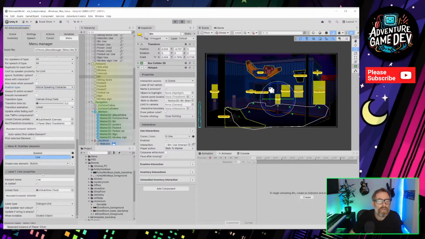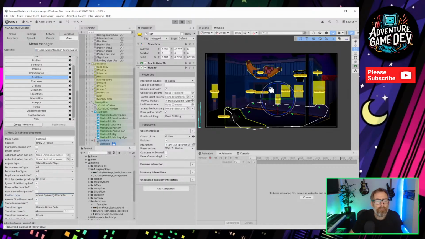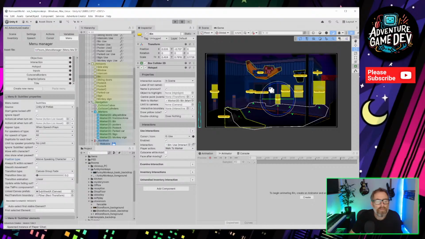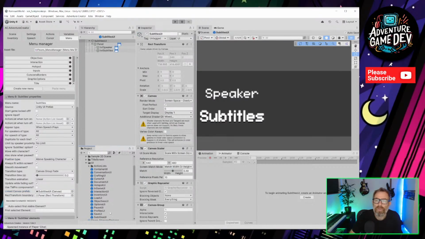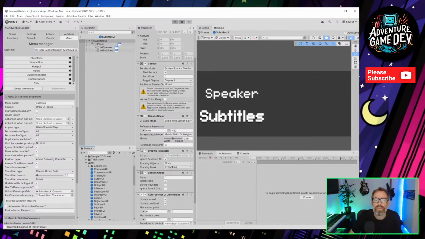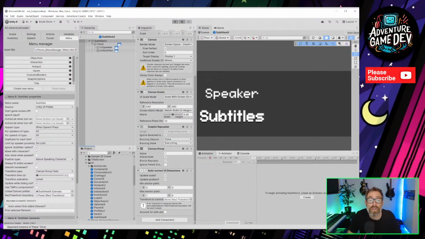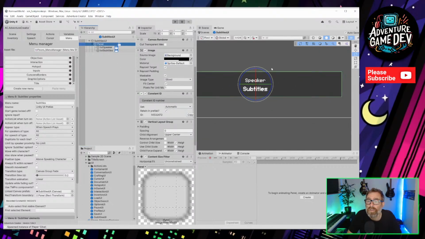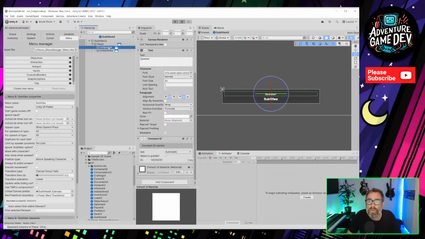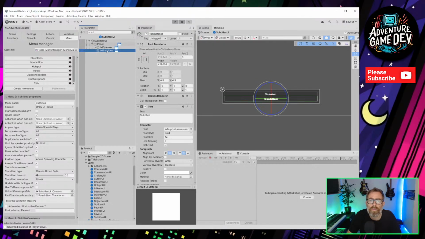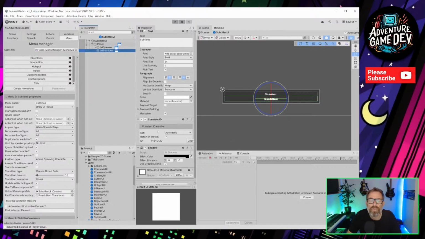So the line, dialogue line. So the prefab that it's using is this subtitles prefab. And I don't think I've changed anything in there. It's always possible that I have while I've been fiddling with the size of it. I don't use that speaker thing. That's turned off. But yeah, I don't think I've changed anything in there, but there's obviously some kind of issue.